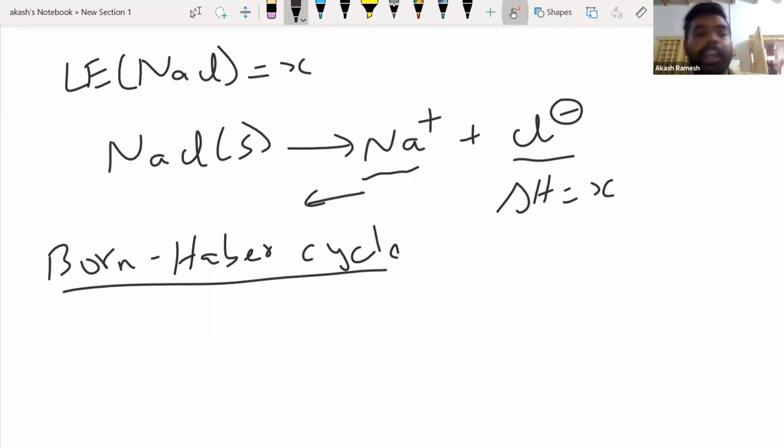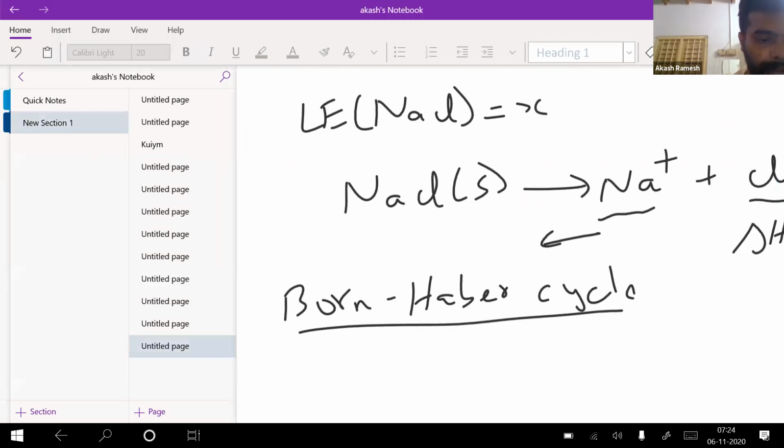Okay, so this Born-Haber cycle is going to help me find out the lattice enthalpy of all the crystal structures. We'll take an example and see what happens there. It's pretty simple, pretty straightforward, people. You don't have to worry about how they're going to find it. Let me wrap this part, or I might even take a new page because this will not be sufficient.